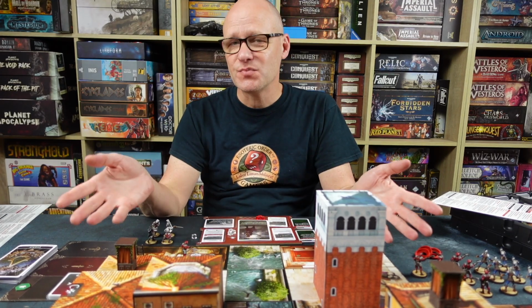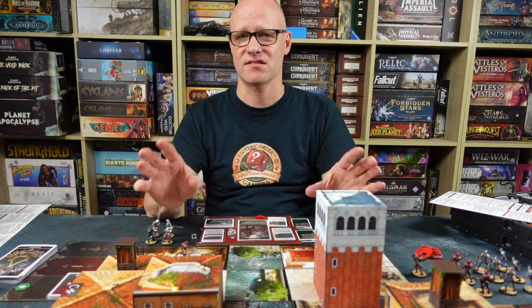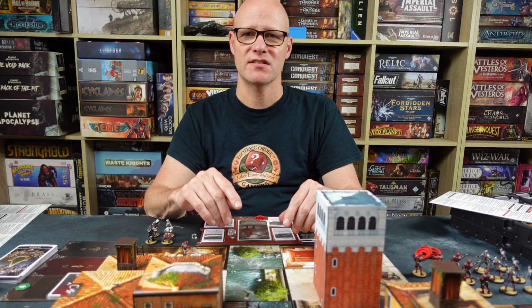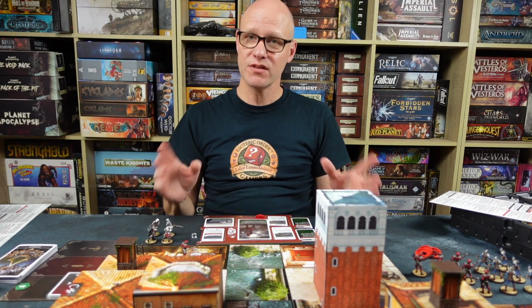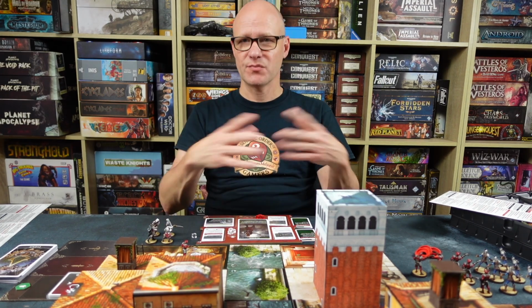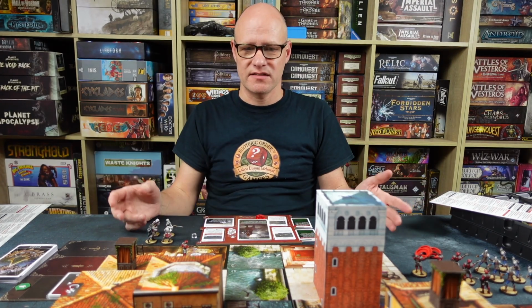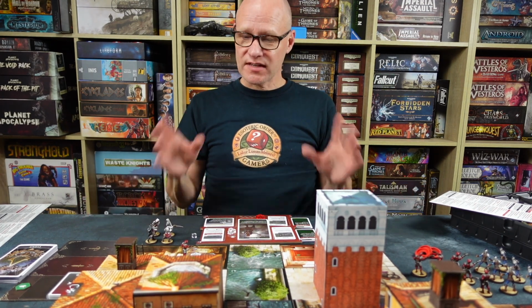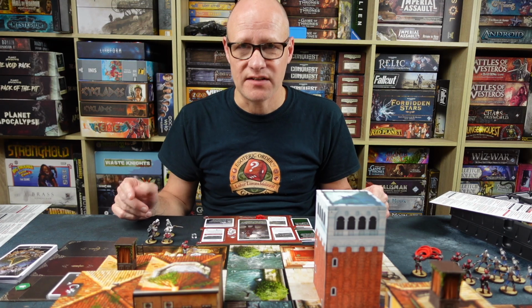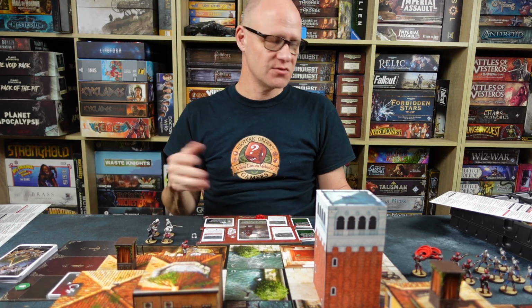So the theme fits perfectly with Assassin's Creed. It really does just feel seamless. I think this is the perfect system for Assassin's Creed. So Commandos is great. They just did a Kickstarter a while back where they've re-released the game with miniatures this time. So it's going to be on a production level of Assassin's Creed, the same kind of amazing level with all the miniatures and everything, which I'm really looking forward to playing. But I think Assassin's Creed is even better than Commandos. It really does some things that elevate it to a higher level, which we'll talk about as I go through